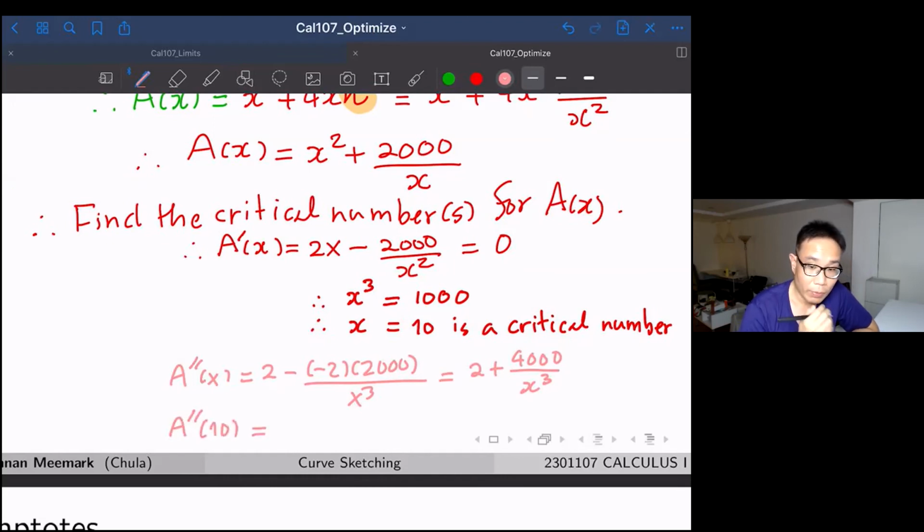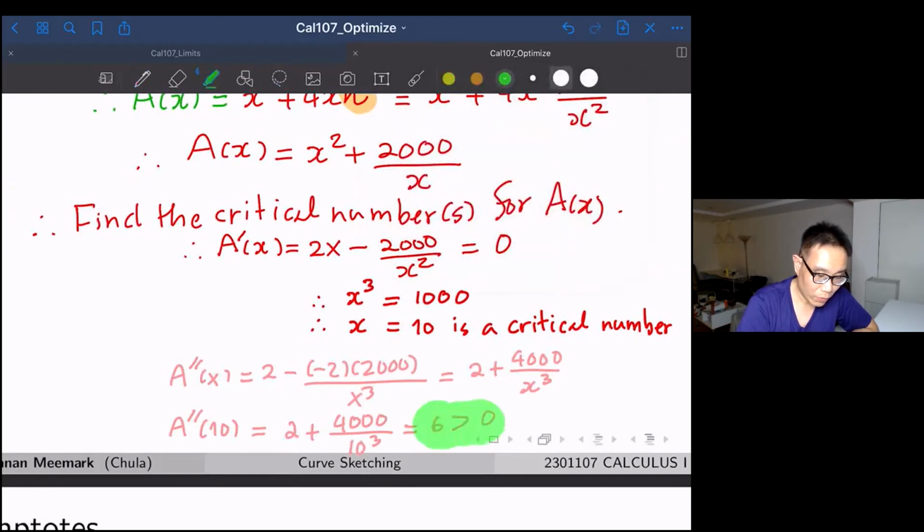You have a double prime 10 equal to 2 plus 4000 over 10 cubed. So it's going to become 6 and it's positive. So you test for the second derivative sign and it turned out to be positive. So you have a double prime 10 turned out to be positive. So what does it mean? It means x equal to 10